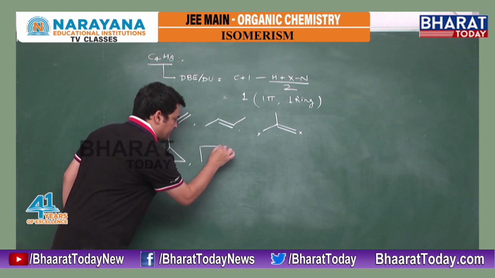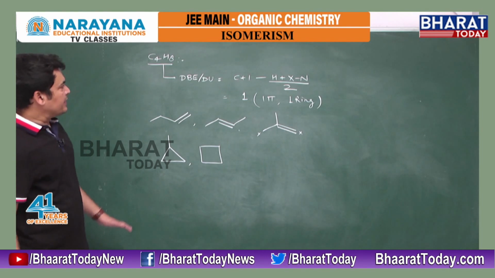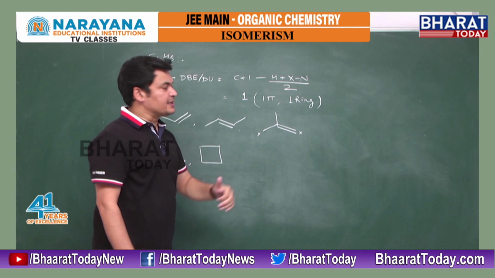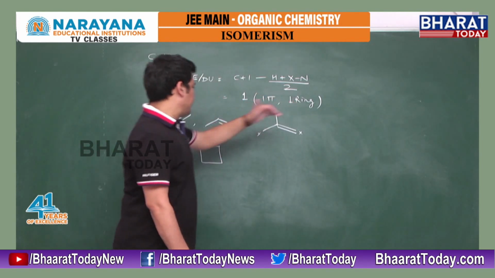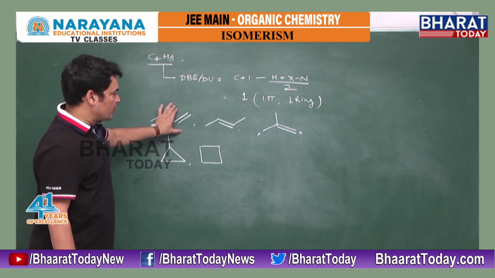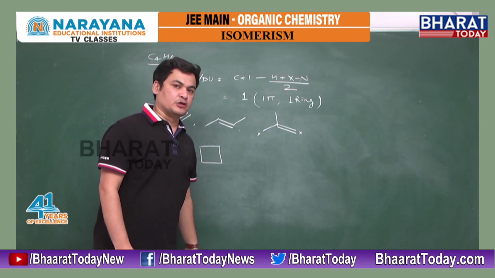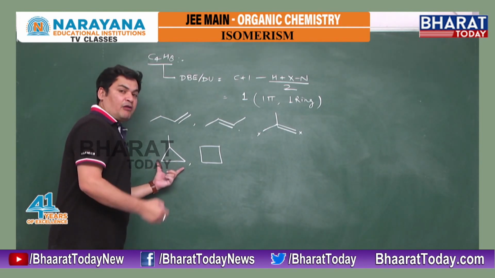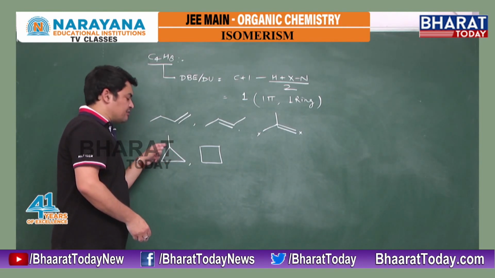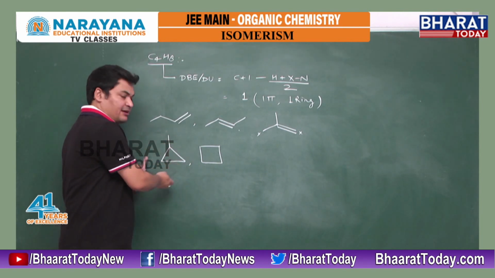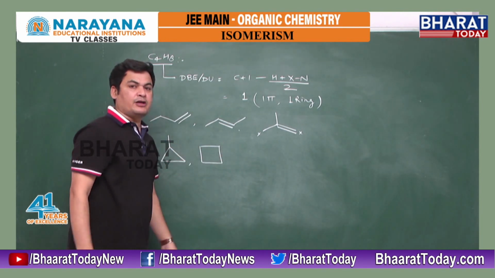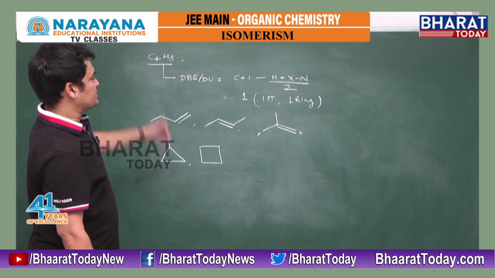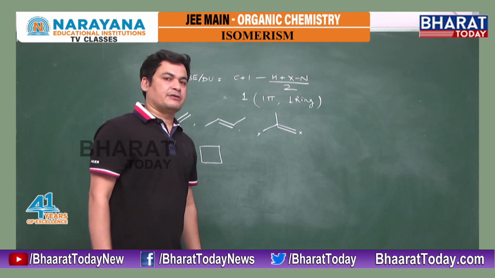So now the next case will be cyclobutane. With C4H8 I am getting degree of unsaturation 1, meaning 1 pi bond or 1 ring. If I go with 1 pi bond, I am getting but-1-ene, but-2-ene, and 1 chain isomer. If I replace that pi bond into the cyclic part, start always with the smaller ring, a smaller ring with 1 carbon outside. And now I don't have any possibility. Now I am going towards the 4 carbon ring. So I am getting overall 5 structural isomers for this molecular formula C4H8, right?